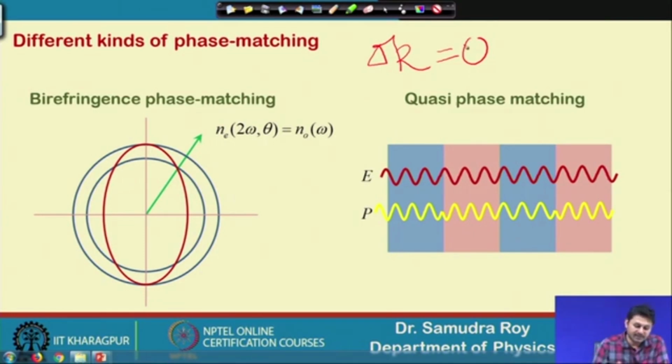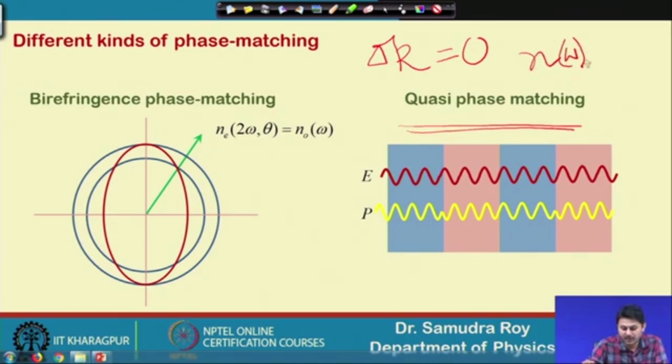One way is called the birefringence phase matching. There are 2 phase matching systems we are going to cover in this course: one is birefringence phase matching and another is quasi phase matching. Let me very briefly describe the meaning of birefringence phase matching and quasi phase matching. In birefringence phase matching, as the figures suggest, if you remember, our condition